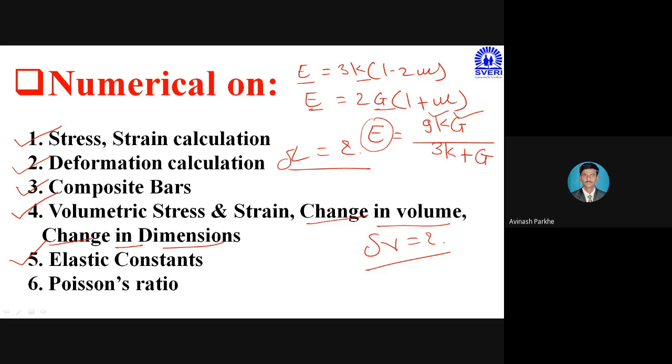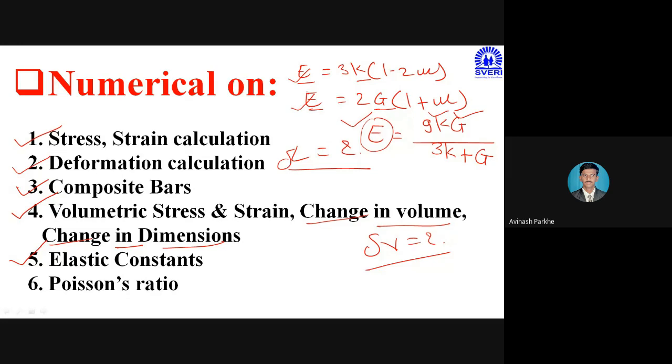And we have to solve numericals based on these three formulas. Also, we have the derivations. Prove E is equal to 3K (1 minus 2 mu). How this particular formula is developed, that derivation we have, and 101% this derivation will be asked in the examinations. Also, these three formulas are important for your MCQ questions. So a simple question will be there in your examination.